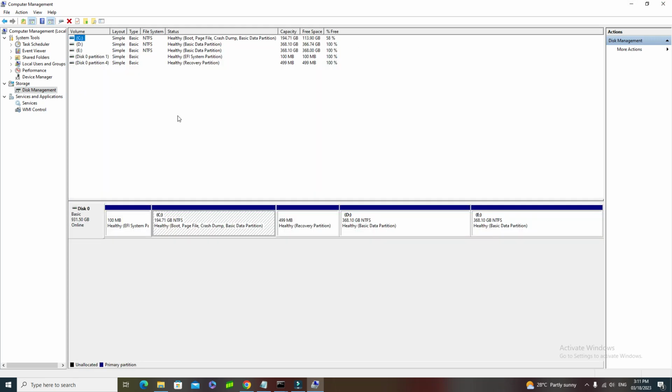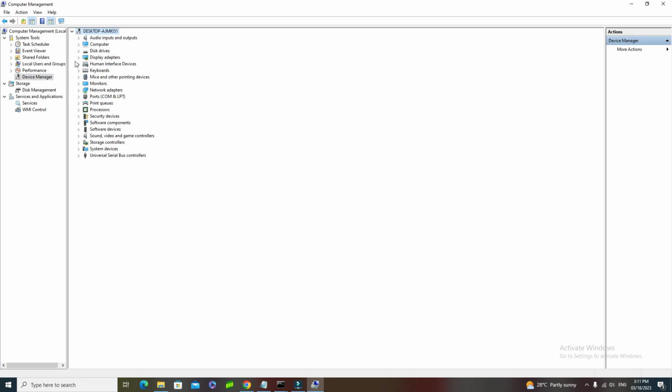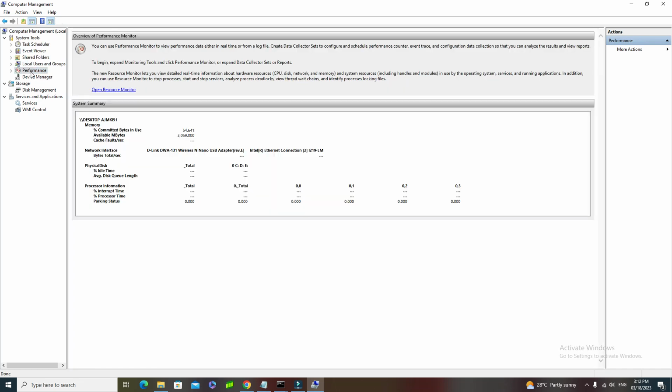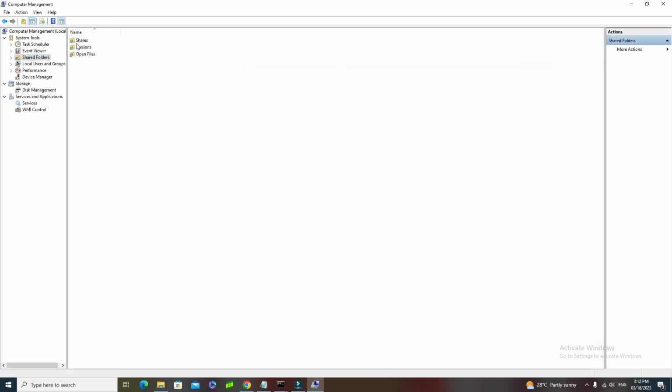So in the computer management, you can also see about the disk management, how many disks are available in your system, and what is the capacity, how much is the free space available here. Okay, the same device management that we have discussed in the starting. The performance, there's a performance monitor, share folders, how many shares are available, and what are all the active sessions